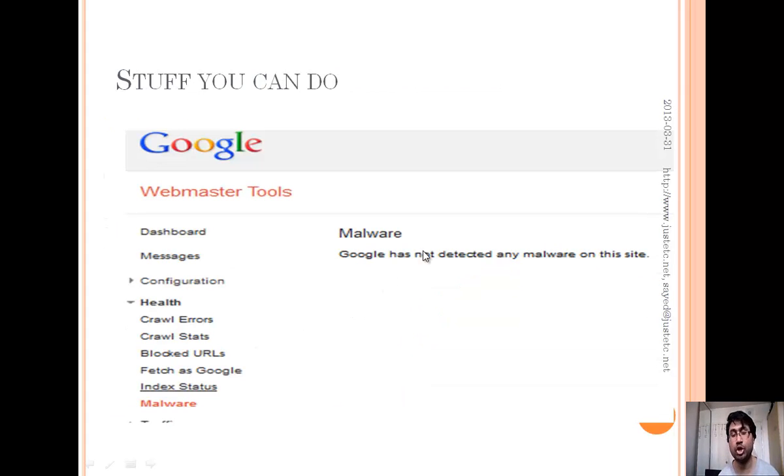Okay, malware section. No malware for SaLearningSchool.com, but if there is malware, you will see some warning: which pages, possible causes and possible types of malware, what to do to remove them, and after removing, how to submit the same web page to